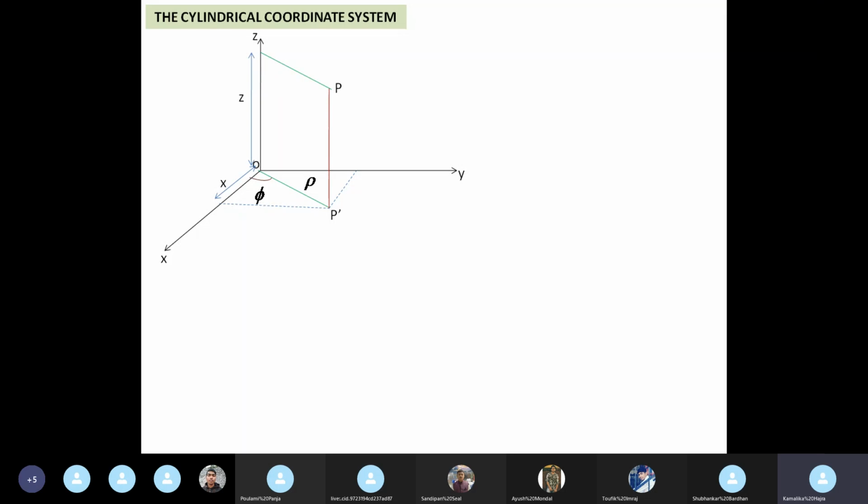Our x-intercept and this is our y-intercept. All right. Now, from our knowledge of basic trigonometry, we can write this: x equal to rho cos phi, y equal to rho sin phi, and z, of course, is equal to z. Can't express it in terms of rho or phi, it's just z, because it's just an intercept, a segment on the z-axis.